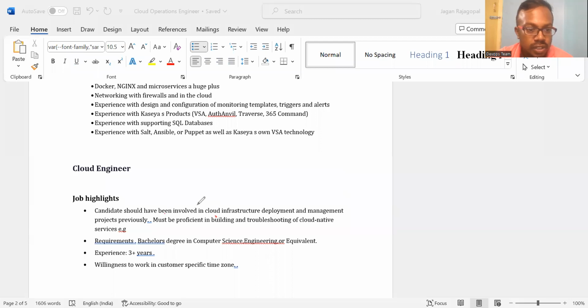If you see the roles and responsibilities, the candidate should be managing the cloud infrastructure or deployment as a service.